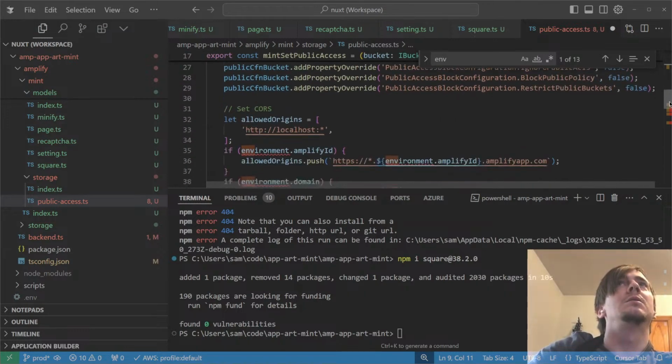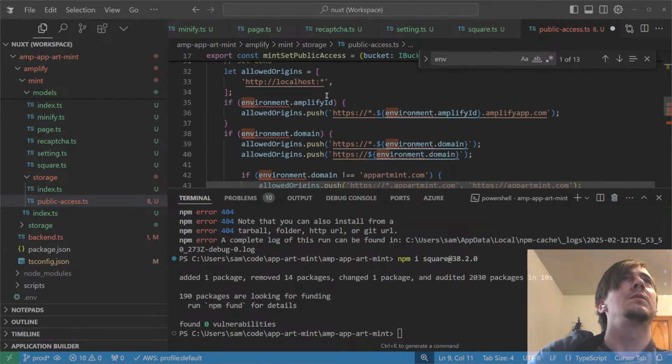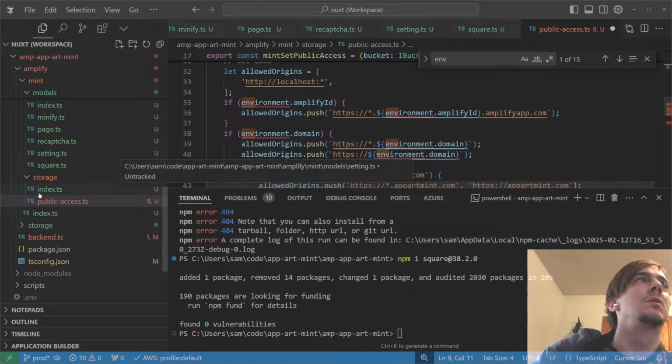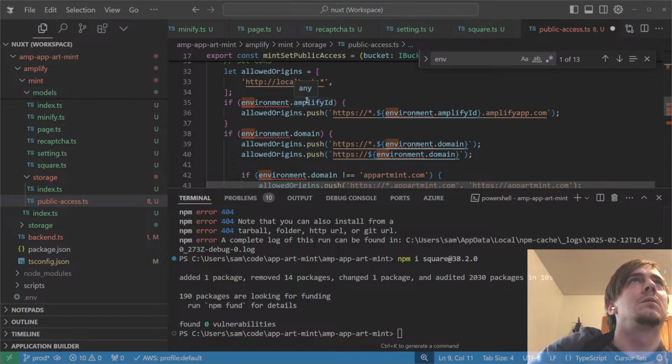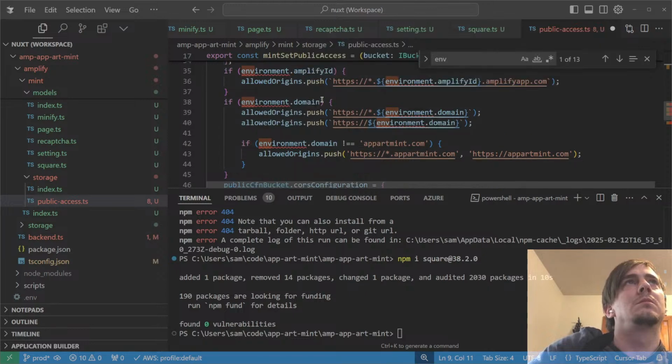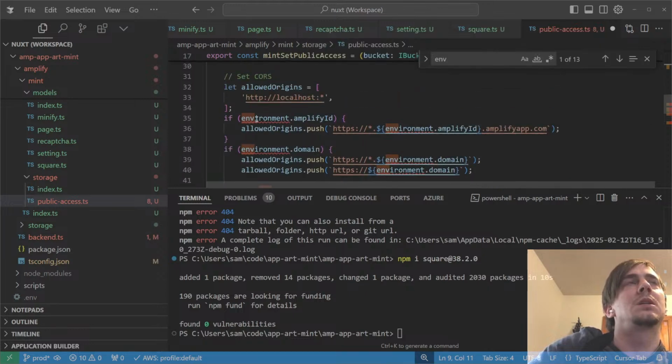And now anywhere there's an environment variable, I can do